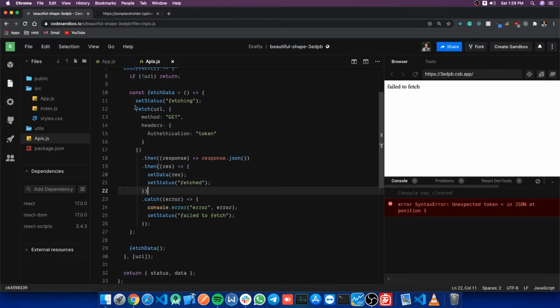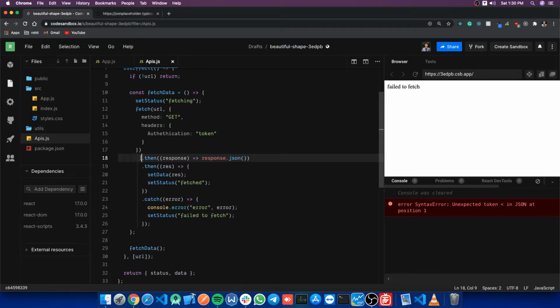Like this, the fetch function will start here. You will start with the URL, then it will go to here. Since there is nothing inside of that URL, we will not get any response here that we are trying to convert to JSON. On line number 18 we are trying to convert our response to JSON, but since there is nothing in the response, you will get an error, like you are trying to convert null into some JSON.